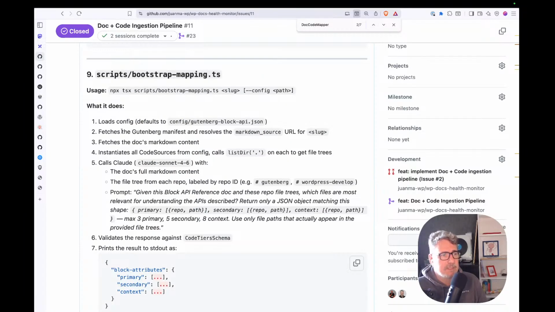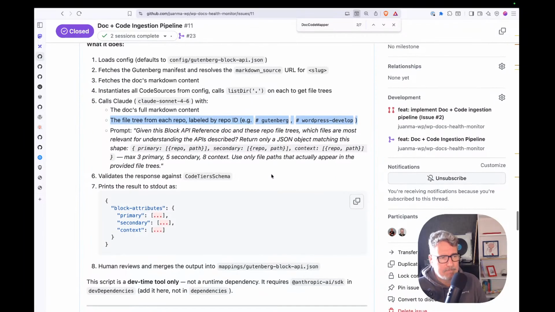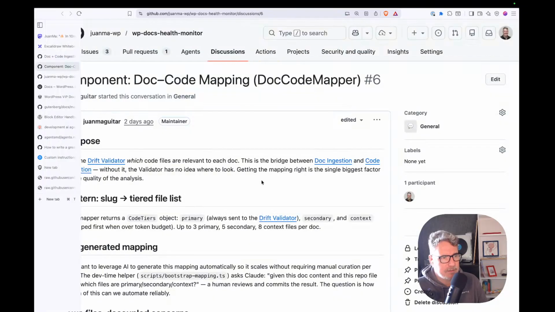It loads configs for the site, fetches the Gutenberg manifest and resolves the markdown source, fetches the docs markdown content, instantiates all code sources from config, calls listdir on each to get the file trees, and calls Claude Code with the docs' full markdown content and the file tree from each repo. So it's not applying anything specific, because if we go to the discussion,